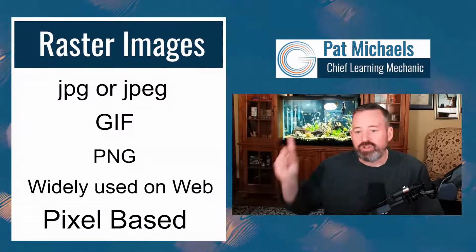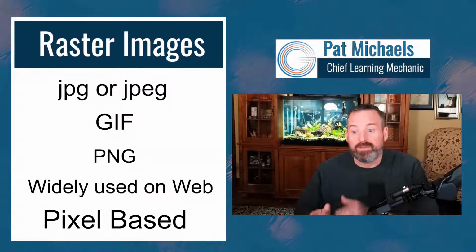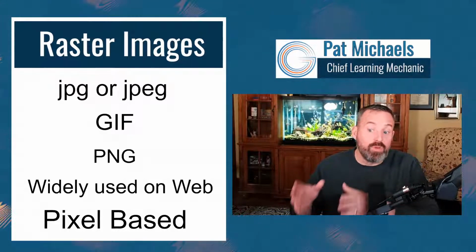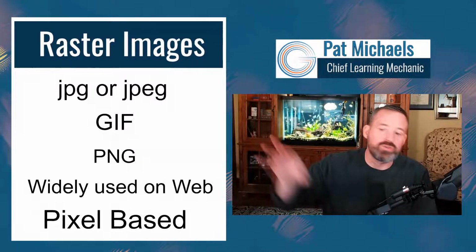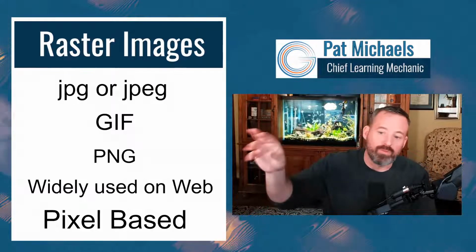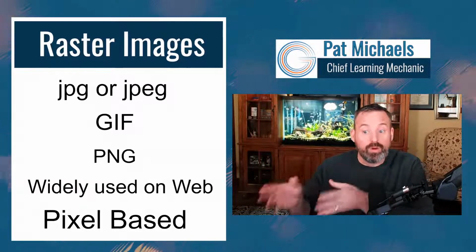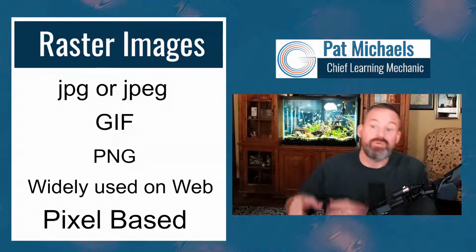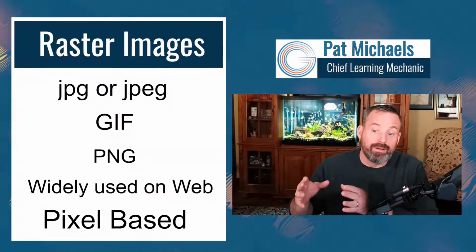But the big ones like JPEGs are probably the one you're going to see the most. These are known as a lossy file type. Each and every time you save this, if you do a file save as, like you find an image you like on the web, you right click, save as, bring it in, if it's a JPEG, the one you just saved is of a lower quality than the one you took off the website. If you save it again and use it somewhere else, it will be